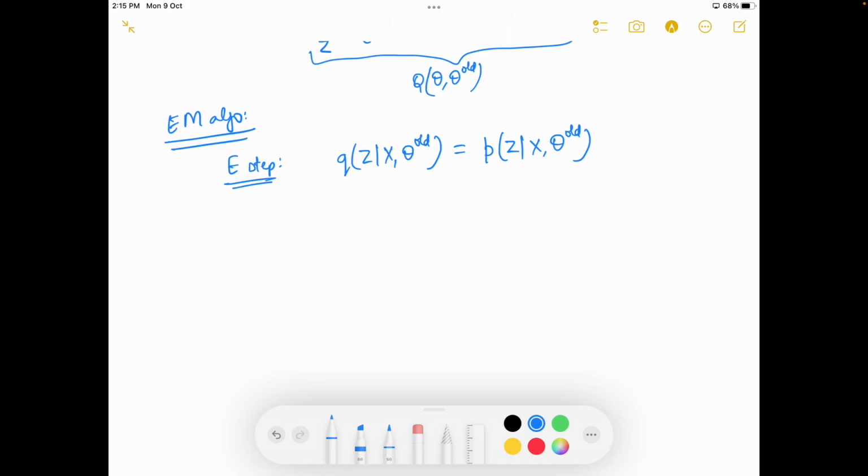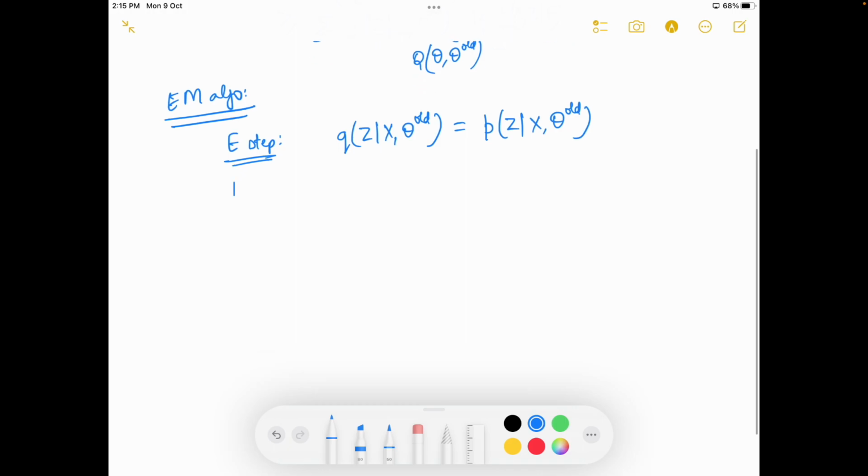This derivation is already discussed in the class. The EM algorithm has been discussed, so this part I'm not going to tell again. It's a simple, very ordinary EM algorithm. You can go back to the notes and see. Then the M step. What is the M step? In the M step, we estimate theta. So my theta is equal to